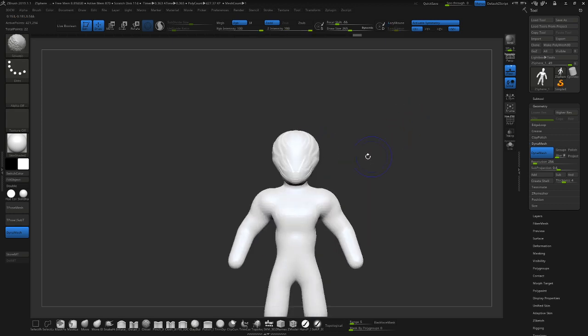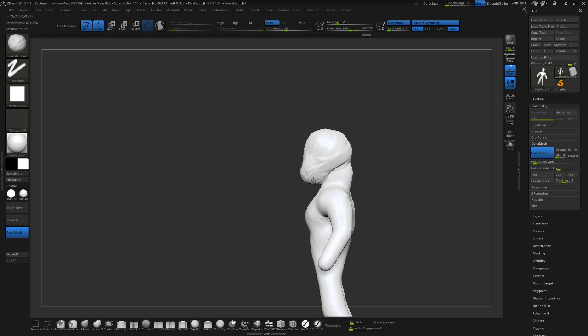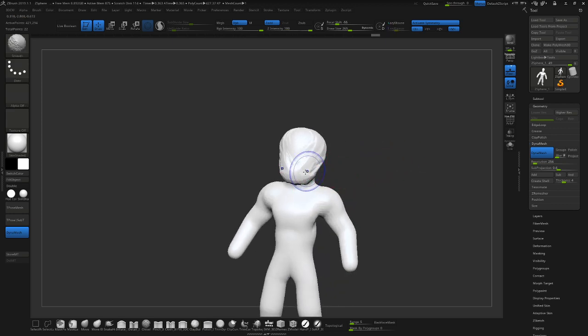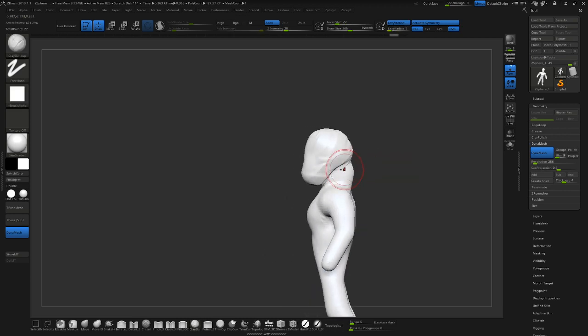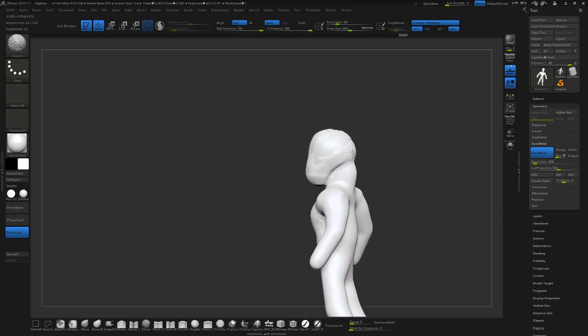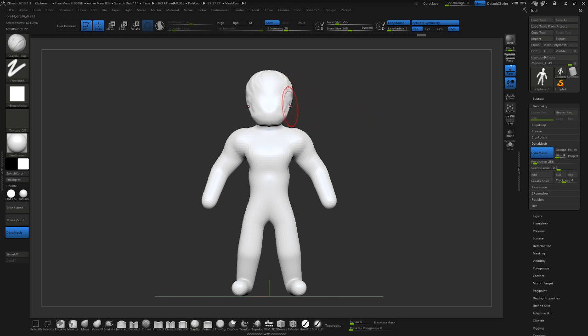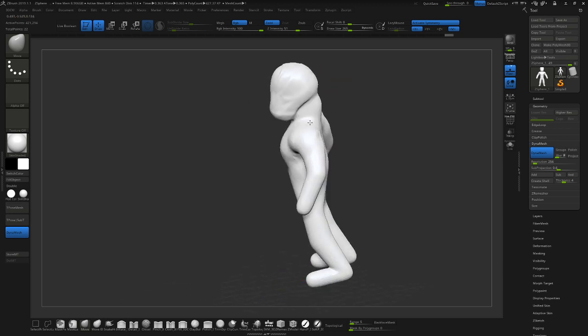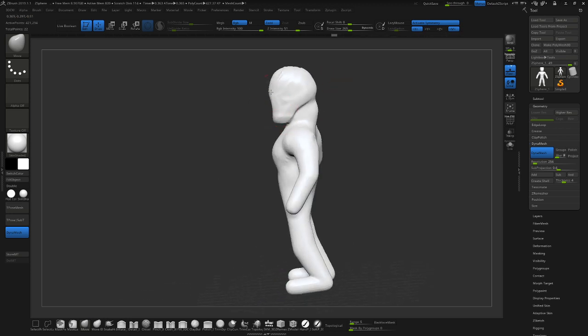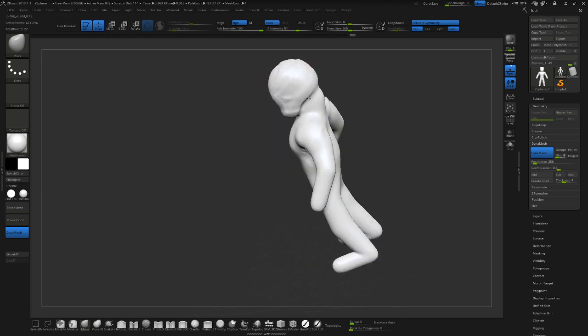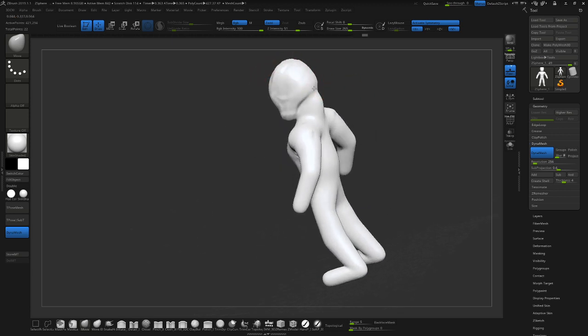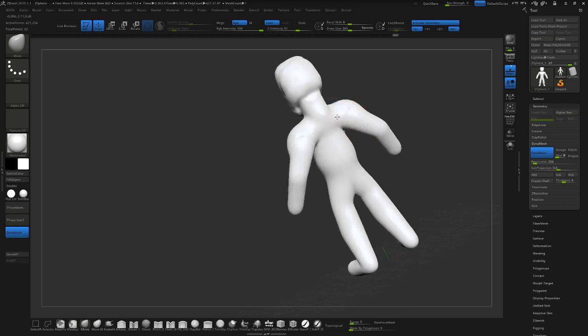If you're starting with the ball that you started with, the DynaMesh sphere, yeah, if you're gonna start with that sphere, that's fine as well. So you can start from the head and then move on. That's another way of doing things. So there's a couple of ways. You find the best options. Am I making sense or not? Okay. So once you have identified all this, then you can go ahead and start building your characters